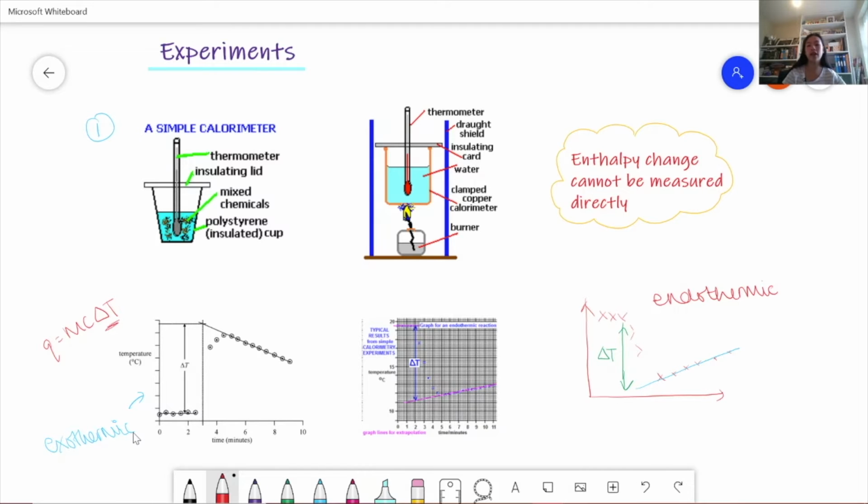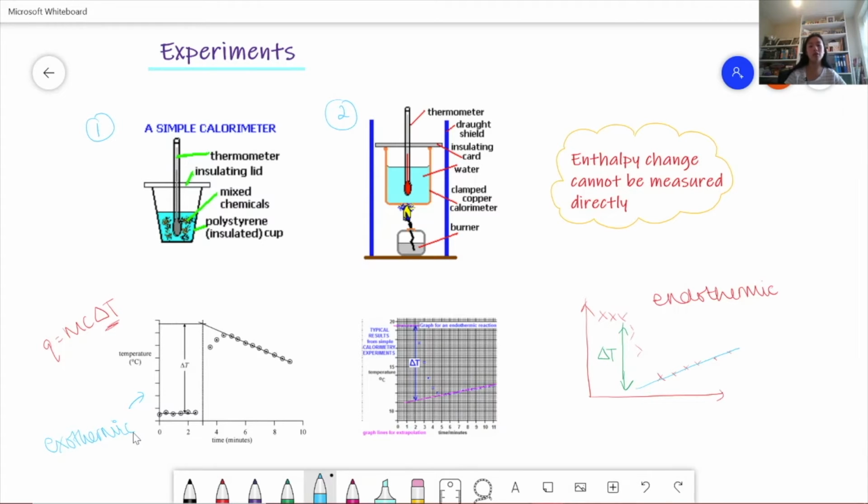And the thing with extrapolation is that it's not entirely accurate, because we actually don't have any data points over here. We've just kind of guessed where they would lie. So there is some inaccuracy. And this second experiment is with a copper calorimeter. So this is slightly more inaccurate because we're using a polystyrene cup, even though it is well insulated. So less of the heat is kind of going out, and all of it we can account for in here. But this is probably a tiny bit more accurate, but still there are heat losses to the surroundings, and